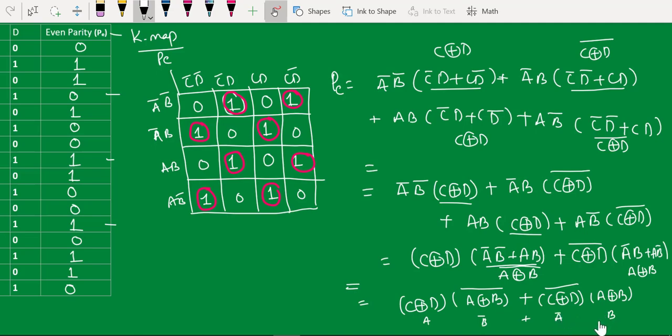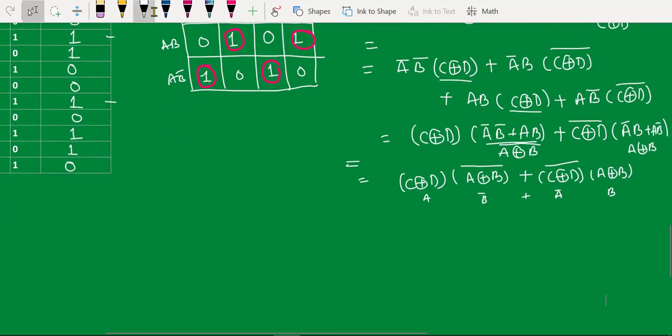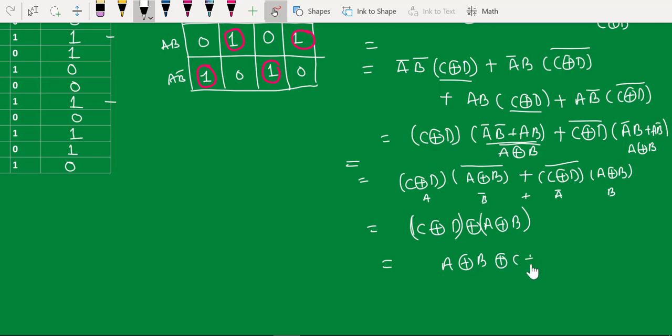So I can write it as A XOR B. So if I write it as C XOR D XOR A XOR B, if we rewrite it, it will be A XOR B XOR C XOR D. So this is your even parity output.